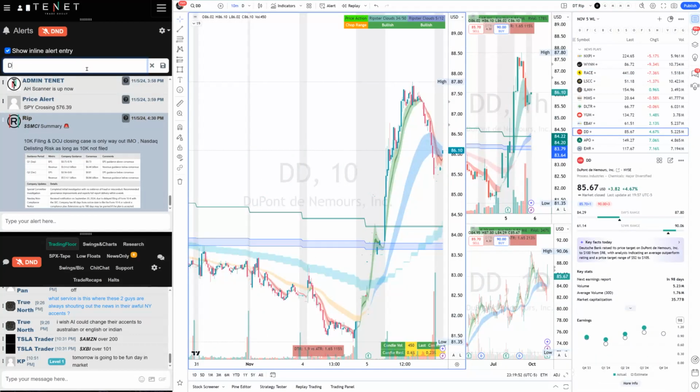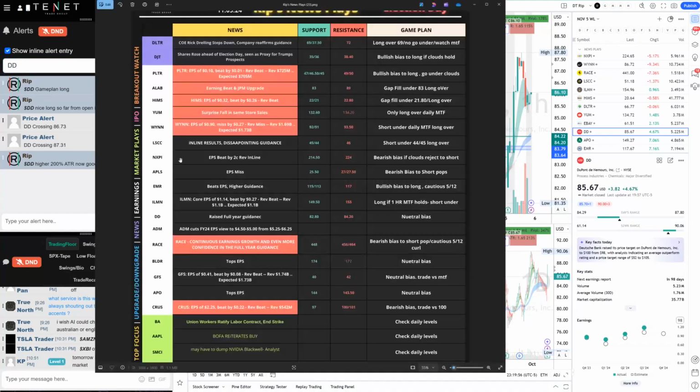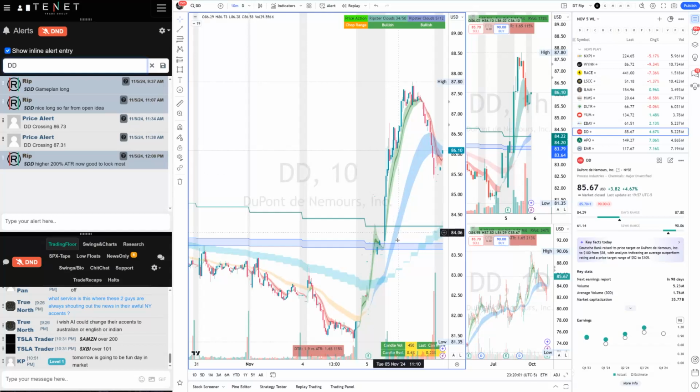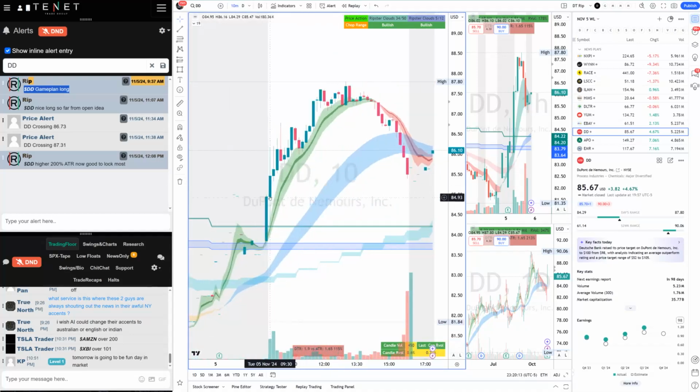So let's look at another trade, DD. DD was a long as well this morning. So the DD long was a simple plan, raised for your guidance, neutral bias. But as soon as I saw its strength pushing over the MTF clouds, that's when I told everybody it's a long. When I say game plan, I mean check the game plan. And DD pushed from that long, pushing over this level, morning 85s, and then it pushed over 87.50. You could easily make a dollar 50. You could risk the opening lows or even the opening price. It was a decent long on DD as well.